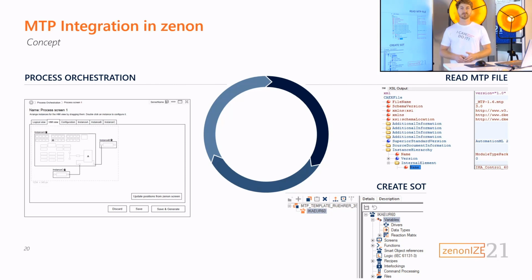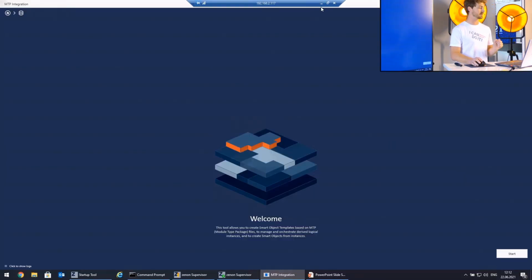And this should be possible also for people who are not that familiar with the automation industry. As we have heard, lots of the things at Merck are done in laboratories, so in R&D setups, which are more people focused on the pharma area and not automation engineers. So we really try to keep this application as easy as possible. And to demonstrate hopefully how easy this application is, I would like to switch now over to the application,